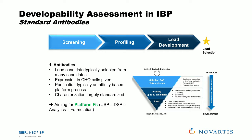During the profiling, we go more into depth, and we are also increasing the scale. So we are going into the stable pool production, the final cell line, and we are producing around 200 milligrams, which serves our needs for characterization, but can also be provided to the research project teams to do initial biological assays. Based on those data, we finally select the 2 lead candidates, which we then bring into larger bioreactor production